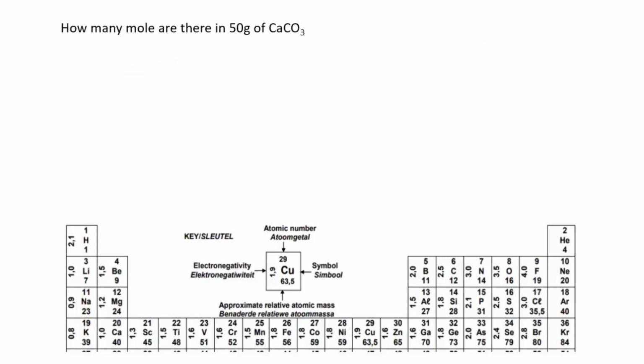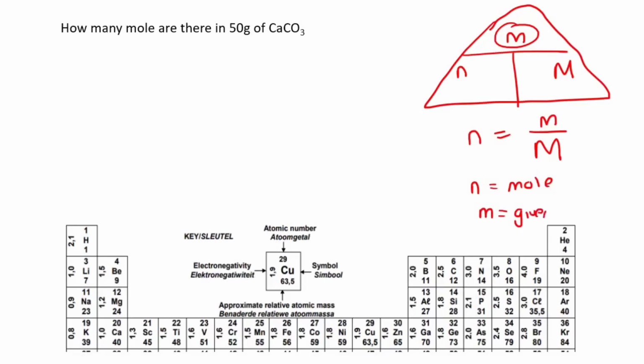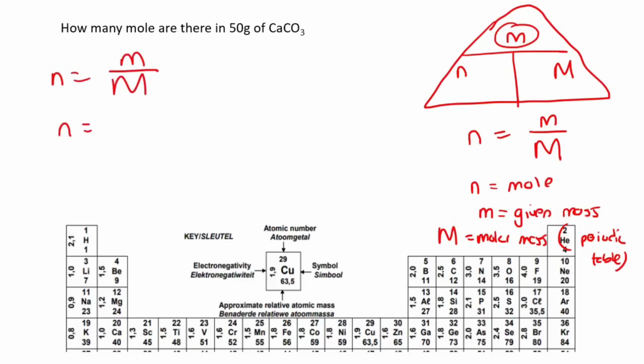Here's our last question. So it says, how many moles are there in 50 grams of CaCO3? Okay, so if we have that triangle, then they want the number of moles now. So they want this. So number of moles is equal to whatever's at the top divided by the capital M, which is molar mass. So remember that N is mole, m is the given mass, and here they've given it to us, and then capital M is the molar mass, which is on the periodic table. So we're going to say N equals m over capital M,